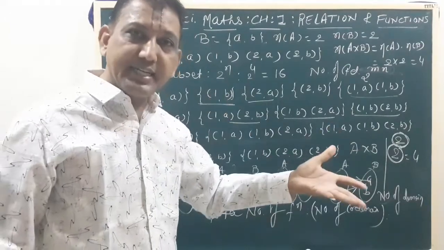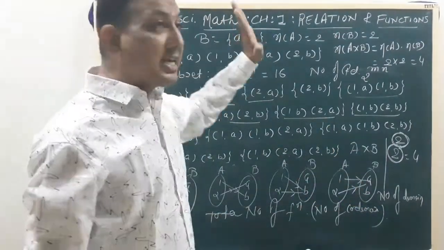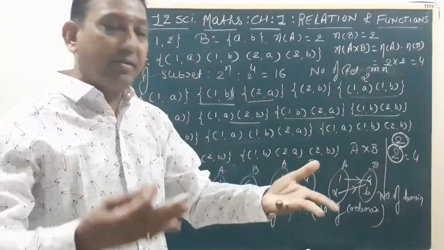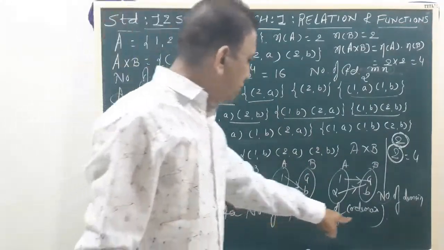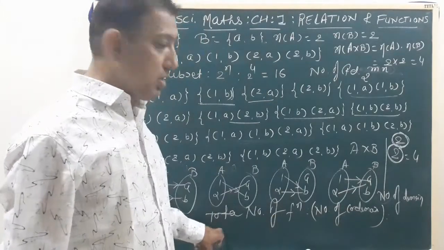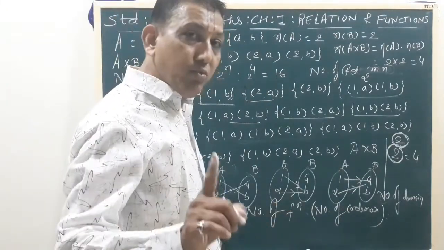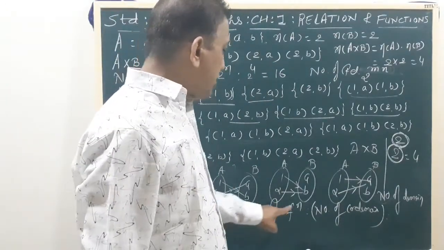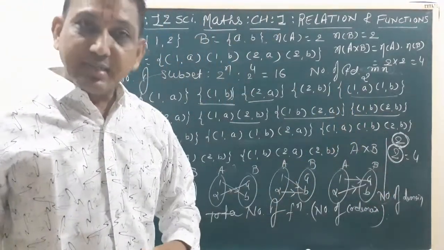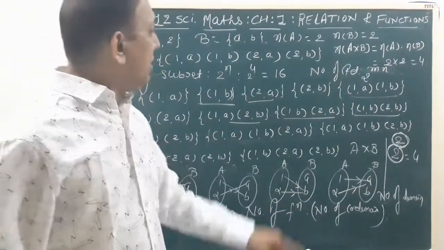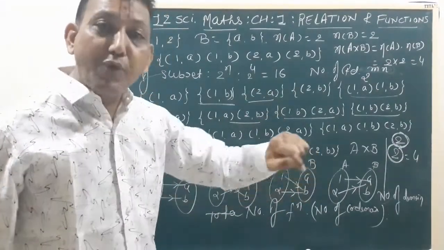We take another example, where the number of domain and codomain are different, and also explain how the function is possible. So our second formula, for total number of functions, is a most important MCQ: total number of functions equals number of codomain raised to number of domain. Is that clear? Okay.